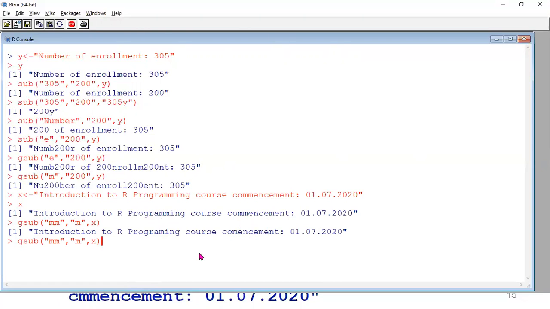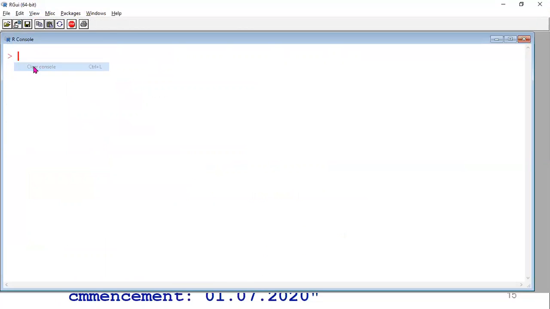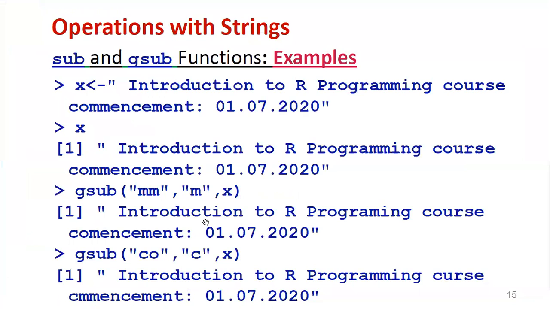That is one example. Suppose now course and commencement have 2 common letters, CO. Now CO is replaced with, suppose, a small single C. Now you can see introduction to R programming course, now CO is replaced with C. Commencement, CO is replaced with C. So like that we do the manipulations, whatever manipulations, globally using the command gsub, or only for the first one we use sub.